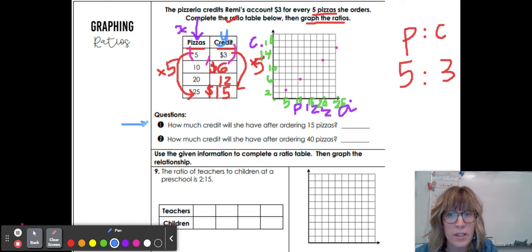So then your work is to think about, if we know that this is our ratio, how much credit will